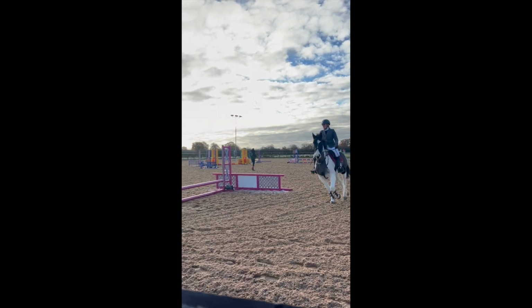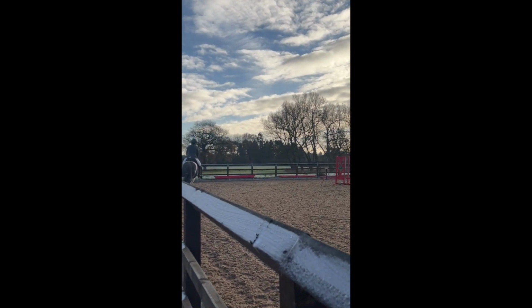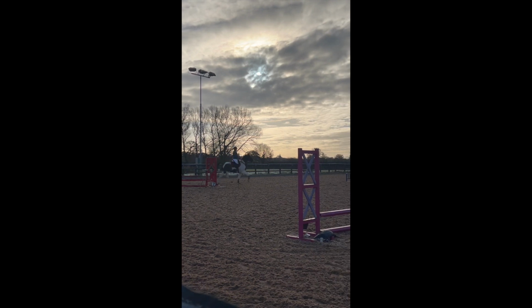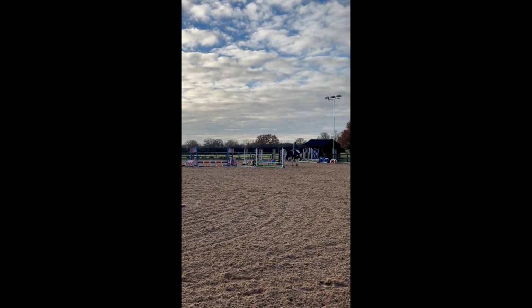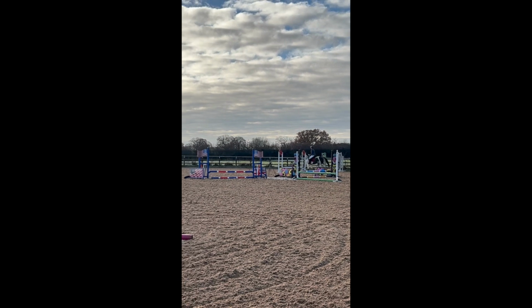Because he's jumping bigger at home now, he just does not respect the smaller fences when we're out. So next year is about learning to pick his feet up, and I might have to increase the size of the jumps a little bit, because as you can see, he's just not respecting these fences at all. He was doing really well though. He was flying around this corner